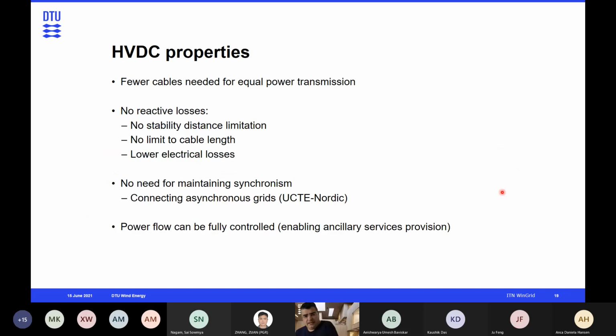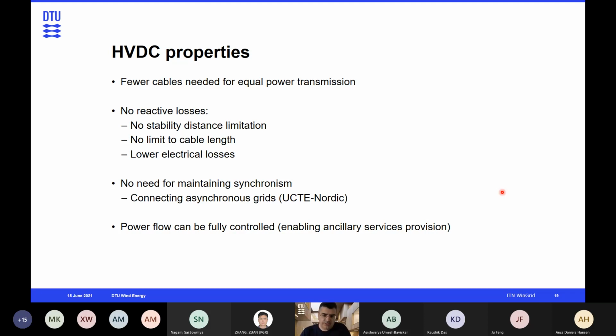And I think I already said a bit about it, but why would we use HVDC? You saw that theoretically at least we can have a very large distance covered by AC if we have frequent enough points for compensation. But beyond the fact that this is becoming too expensive, HVDC needs fewer cables for equal power transmission, and maybe here I should say that the environmental concern, especially in the North Sea, is becoming bigger and bigger